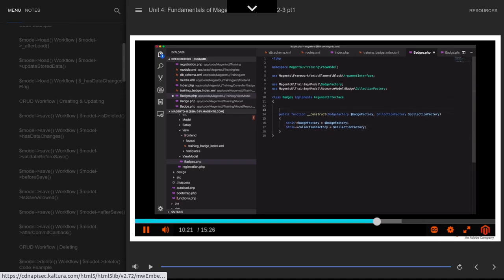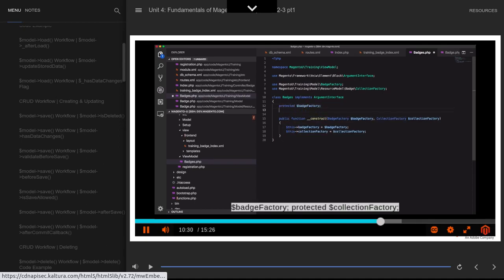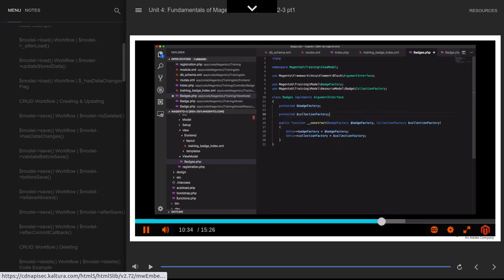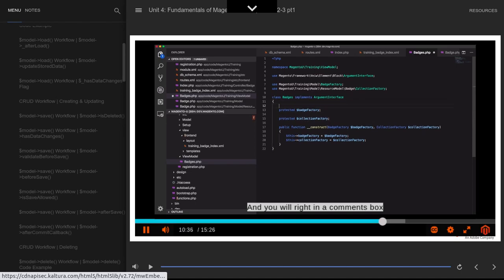We will create protected variable, protected page factory, protected collection factory, and we will write the blocks comments